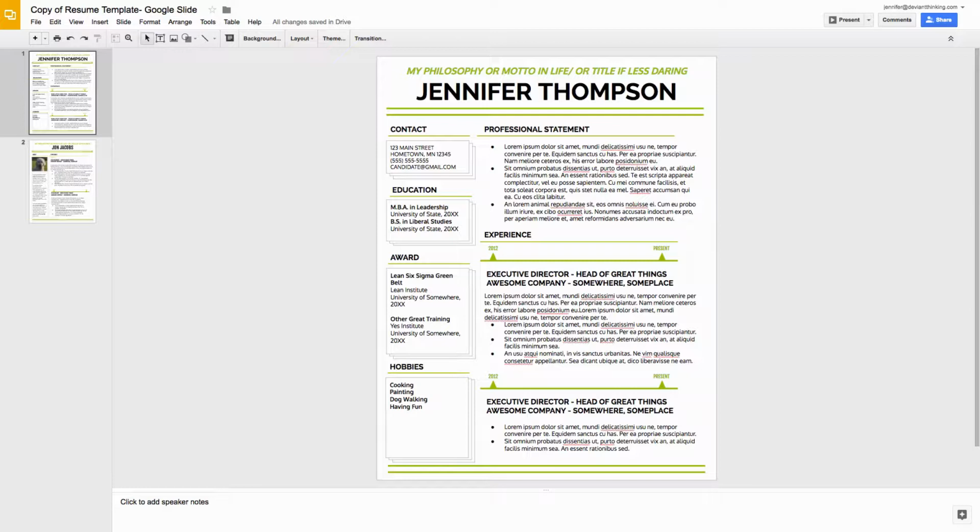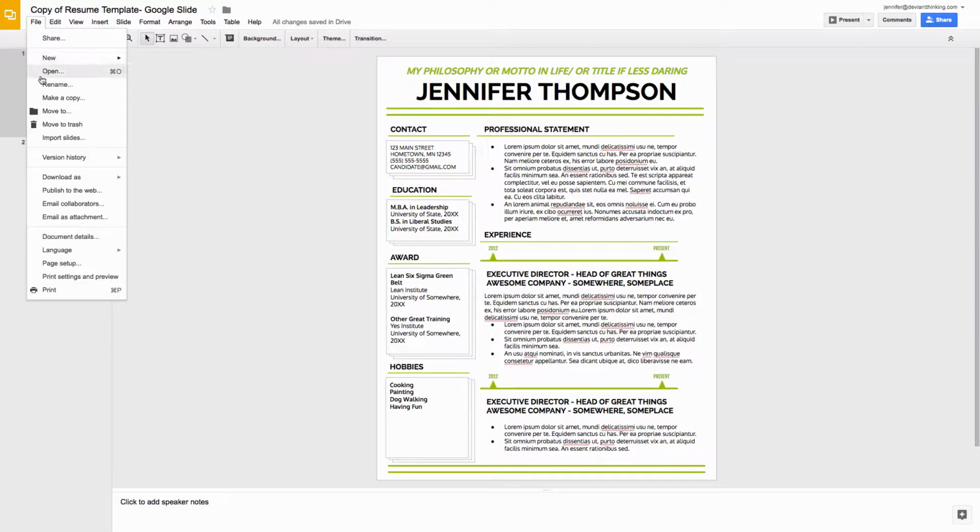So the first thing about this is to note that this is a copy of a template for you. So you will not have the ability to edit it directly. You will need to make a copy of this. So to do that, you go to File, Make a Copy,